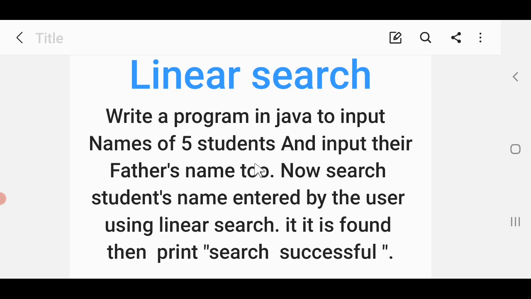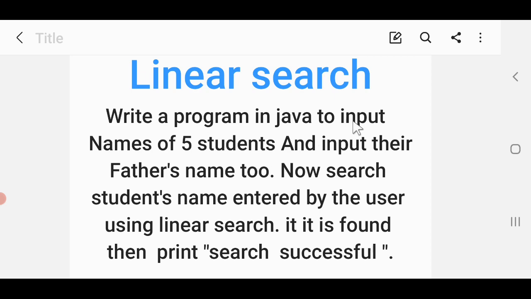So I'm again telling you, if you know the program of the linear search which I have already explained, and you know the concept of string, then this is the program where both the concepts have been brought together. Here the prime focus is how many changes are required to convert the previous program into the current form.